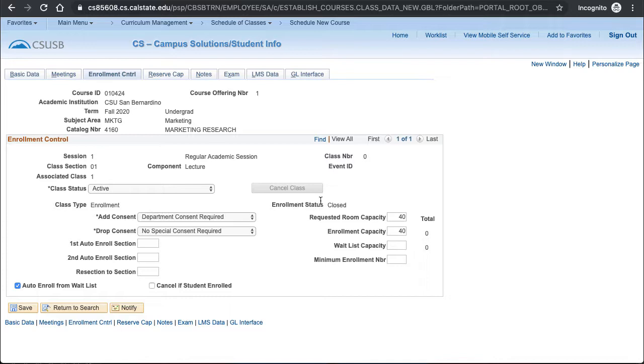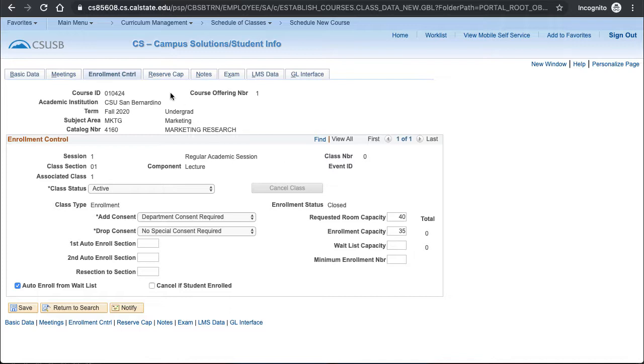The other area that can be adjusted is the enrollment capacity. Since this classroom will seat 40, the enrollment capacity is set to 40. However, you can adjust if the course needs a lower capacity. One item to note, however: if you lower the enrollment capacity more than 2 or 3, you should consider finding a smaller classroom to utilize the space appropriately.